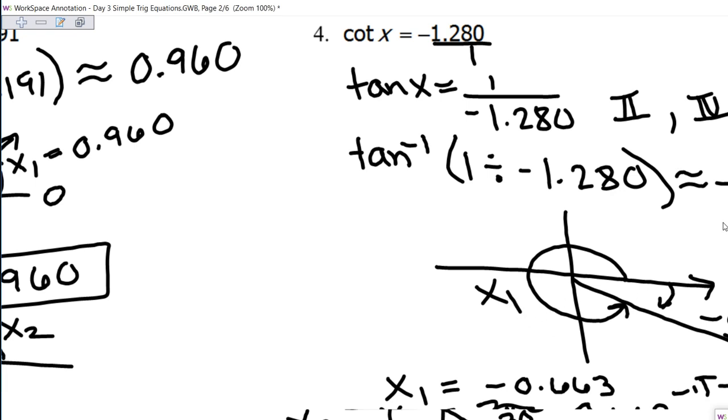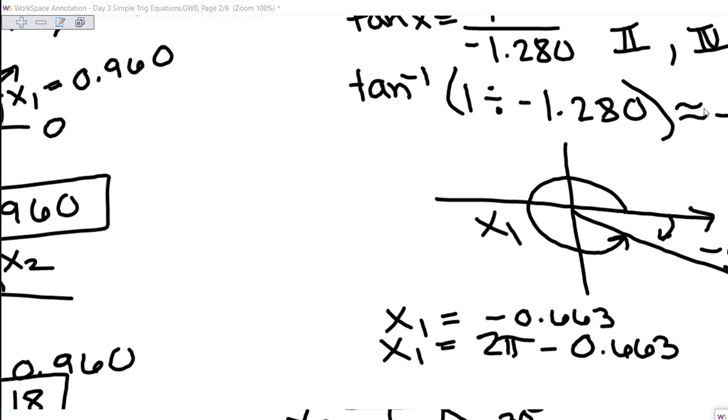So again, make sure your answers are between 0 and 2 pi. I'm sorry, what was the answer? 5.62? Okay. You have to have both answers. You have to have an answer in quadrant 4. You need to also have an answer in quadrant 2. But this is the answer for